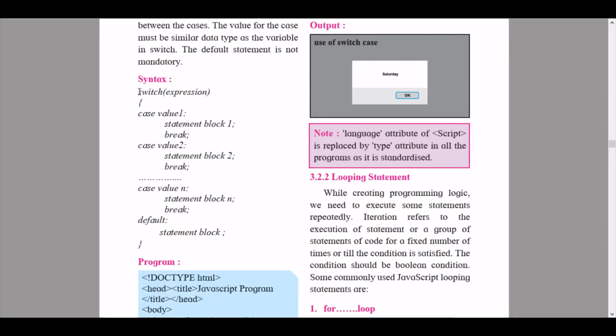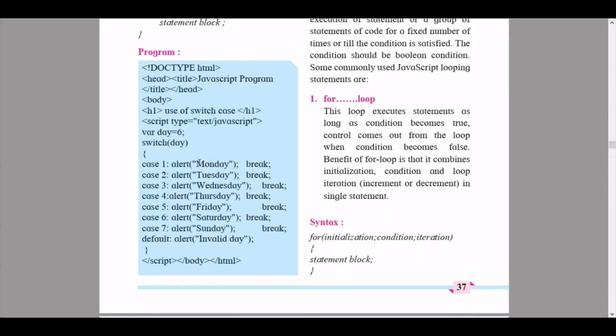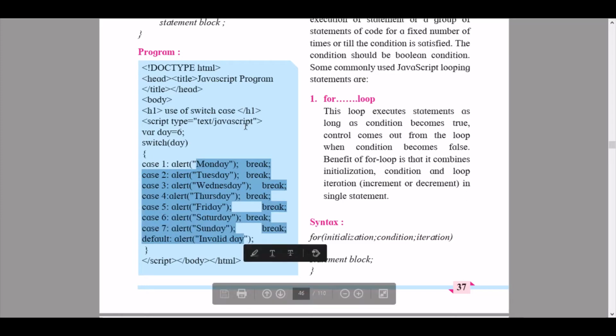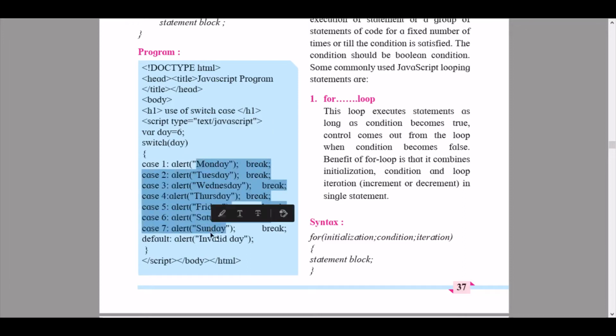So here first you need to write switch, and for expression it needs to be your input data. Below we have been given an example for inputting the days of the week. So here your day will come and it has to be either of these seven, and if it is not one of these seven values given, it will show invalid day.